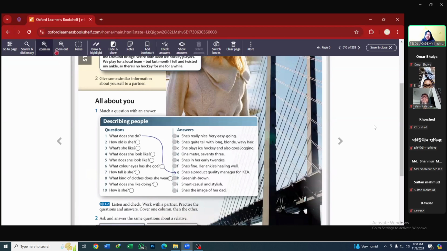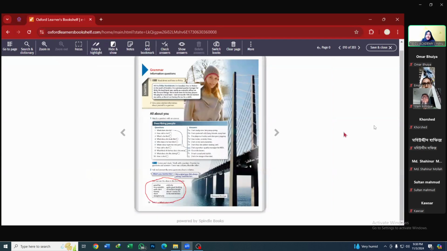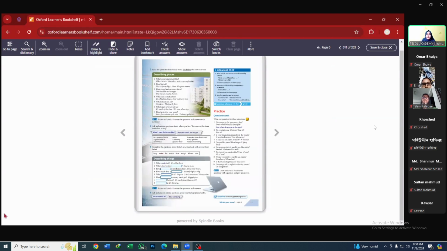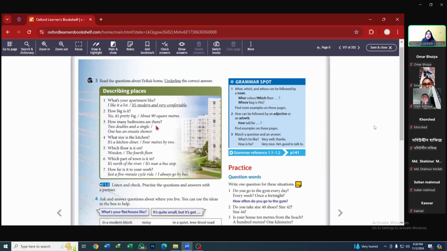Moving on to our next page, that is this here. In the first page, we learned about describing people, and in the second page, we started learning to describe a place. So we did the first activity of this page, that is activity 3. Here we learned how to describe our home. There were certain questions given and we had to pick the correct answer. There are two answers given here, so we have to pick the appropriate one, the suitable one according to the question. So we did that and we learned how to answer the question appropriately while describing our home.